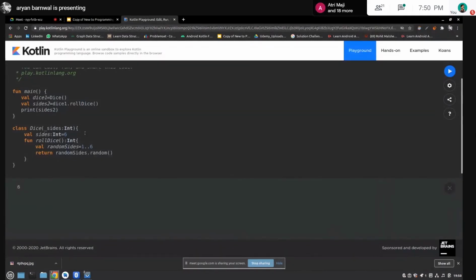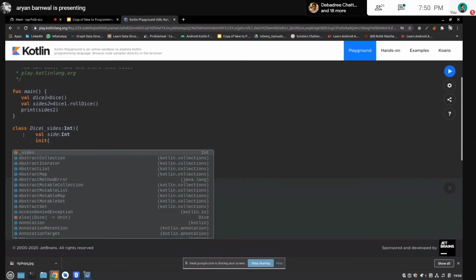How will we do that then? We will go here and declare a val side of int type, and there's something called the init body here, like it's a constructor. So side equals side.